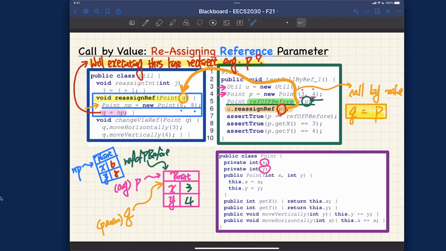Given that P is going to be copied over to Q, diagrammatically P and Q will point to the same object. That's how call by value works behind the scenes. So if I try to redirect Q to MP, will that as well redirect P to MP? That's the question. The answer is no, because